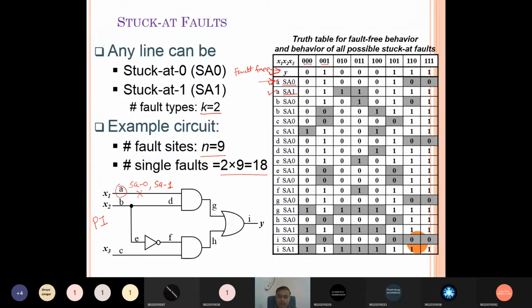Any questions in the preparation of this table, how to prepare it? If I ask similar questions in the mid-sem exam, like prepare the possible number of faults of a half adder and find out the minimum number of test patterns required to detect all the faults, right? So we are doing this for this logic circuit, but in the exam I will ask you for another digital logic circuit. So at that time you should be able to do it there.